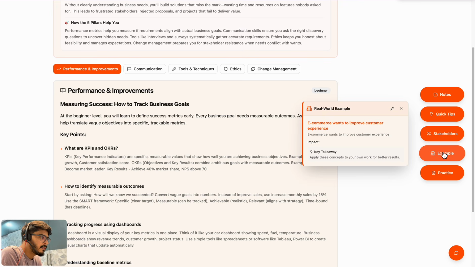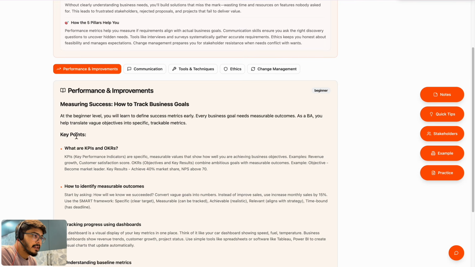The e-commerce company wanting to improve the customer experience is the goal. The key takeaway is that we need to make sure we are using this as a goal, and they want to improve the experience at a very high level. That's our KPI, one of the KPIs we can use. The key points